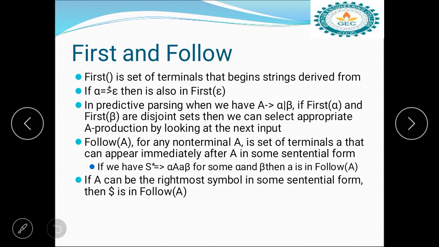Follow of A for any non-terminal A is the set of terminals that can appear immediately after A in some sentential form. If you have S tends to alpha A a beta, for some alpha and beta, then a is in follow of A. If A can be the rightmost symbol in some sentential form, then dollar is in follow of A.